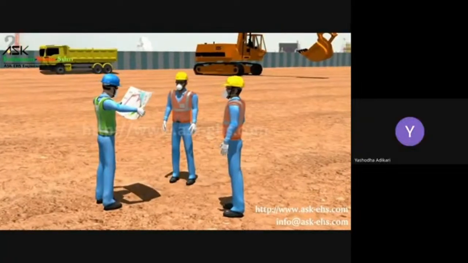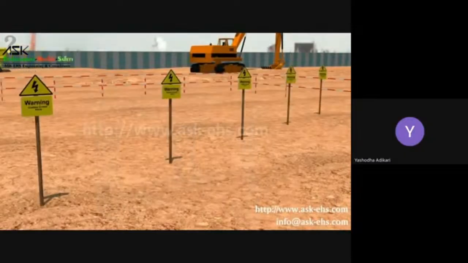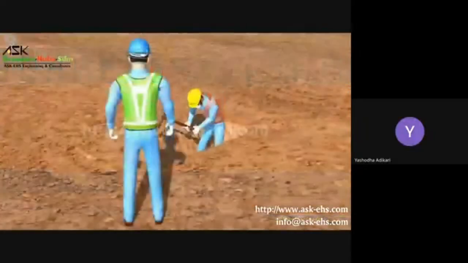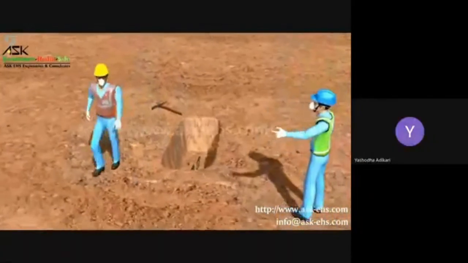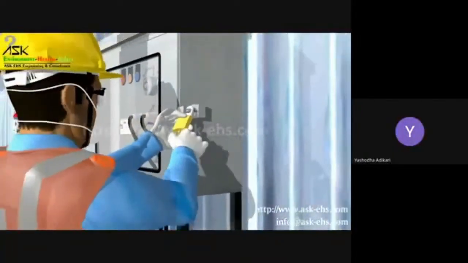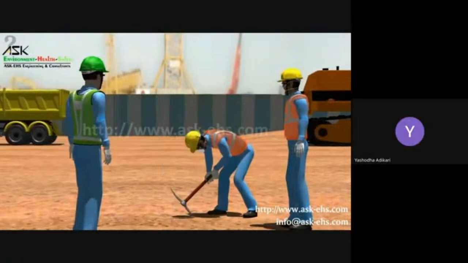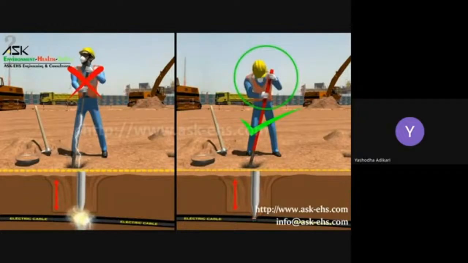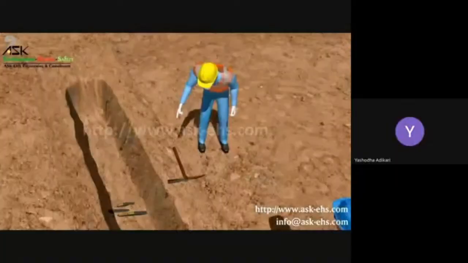Locating underground utilities using markers and drawings. Locating utilities using advanced equipment such as cable avoidance tool. Making trial pits to check the presence of utilities, etc. Isolating the services. Your job is to follow the instructions of the supervisor carefully while doing excavation. Do not forget to use insulated tools and tackles during excavation to prevent accidental contact with power lines. Still, if you come across any symptoms of presence of utilities, immediately stop the work and report to your supervisor.